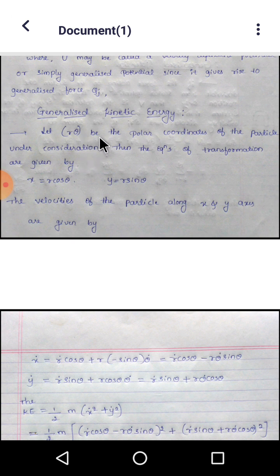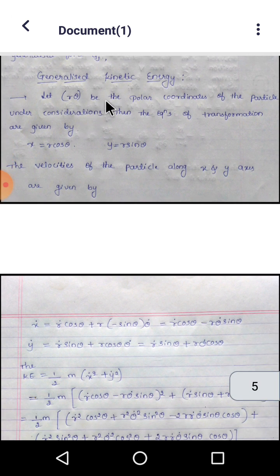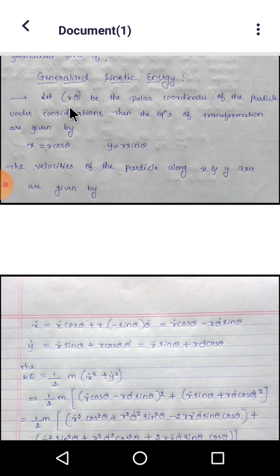Next, generalized kinetic energy, the last one. Let r, θ be the polar coordinates, meaning x equals r cos θ, y equals r sin θ, you know that, of the particle under consideration. Then the equations of transformation are given by x equals r cos θ, y equals r sin θ. The velocities of the particle along the x and y axes are given by